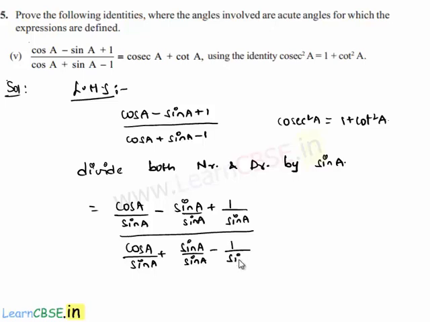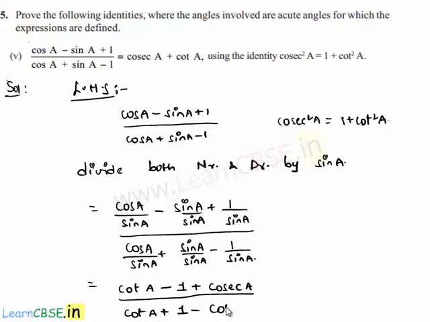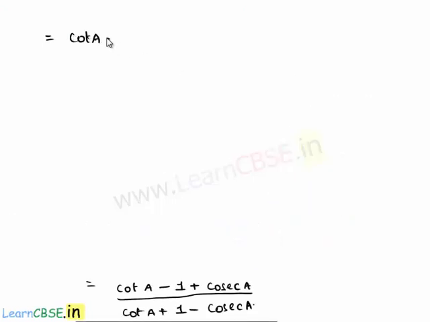which is equal to cos A by sin A, which is nothing but cot A, minus sin A by sin A, which is 1, plus 1 by sin A, which is nothing but cosecant A, whole divided by cos A by sin A, which is again cot A, plus sin A by sin A, which is nothing but 1, minus 1 by sin A, which is nothing but cosecant A. So the expression will be equal to cot A plus cosecant A minus 1 by cot A minus cosecant A plus 1,